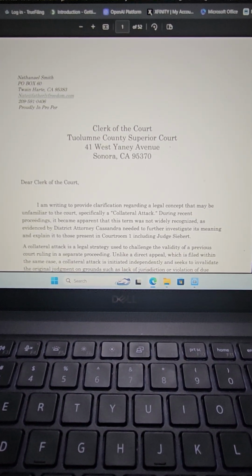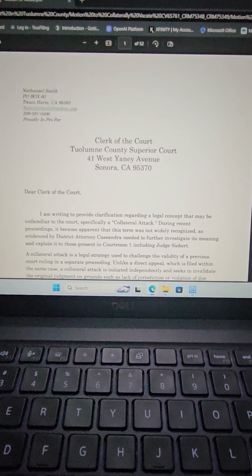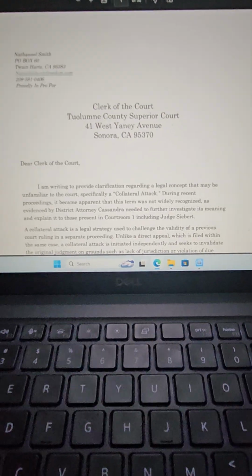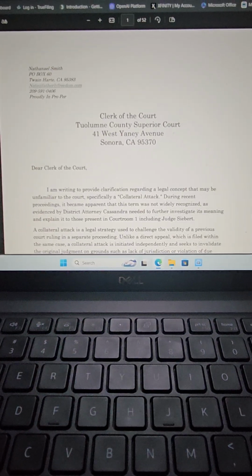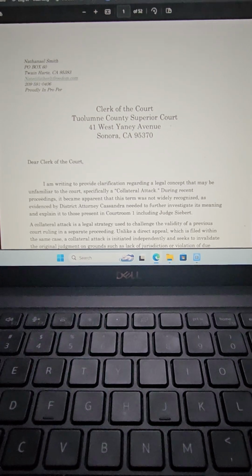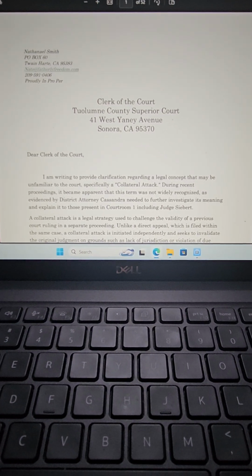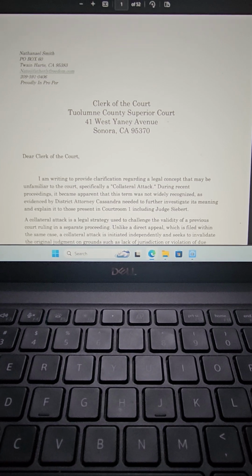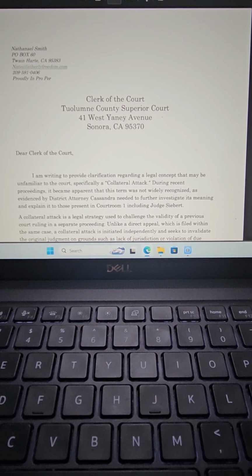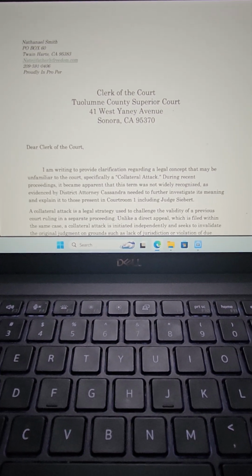I filed what's called a collateral attack. It's a motion to vacate. You attack an older unconstitutional order that violated constitutional protections. It's supposed to overturn everything that transpired from that. Well, Kevin Siebert, who's illiterate, didn't read any of it because he doesn't understand it anyways. In fact, when Cassandra brought it to his attention that it was a collateral attack, he's like, huh?